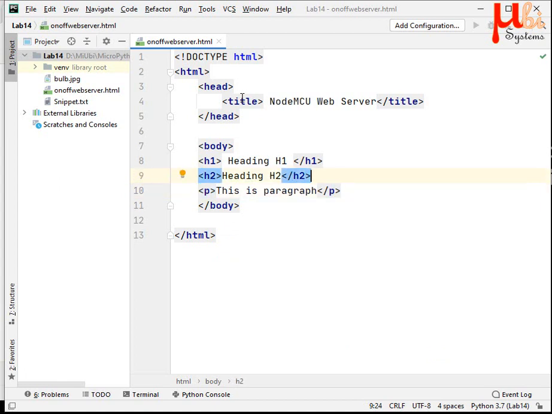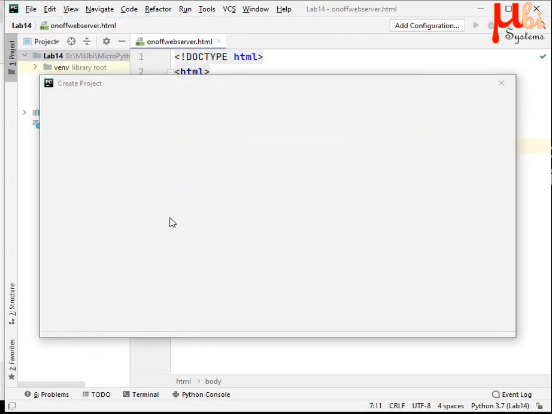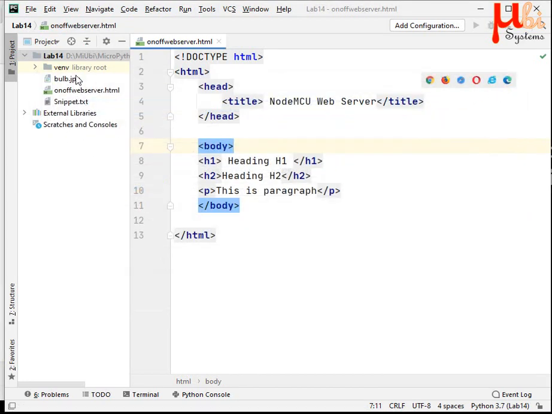So let us see what happens. I just saved this. To be clear, the project creation is a normal regular project creation where you select the path and create a lab, and then you just have to create a web page.